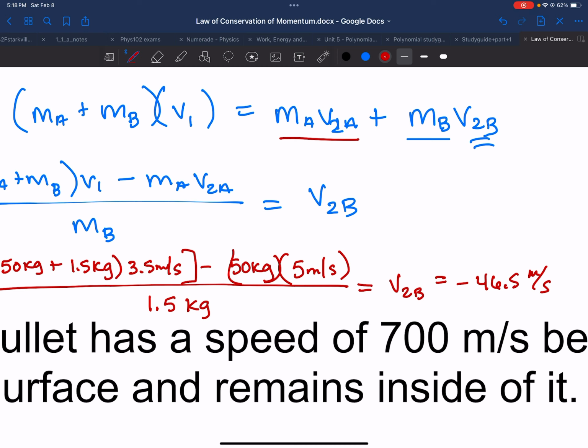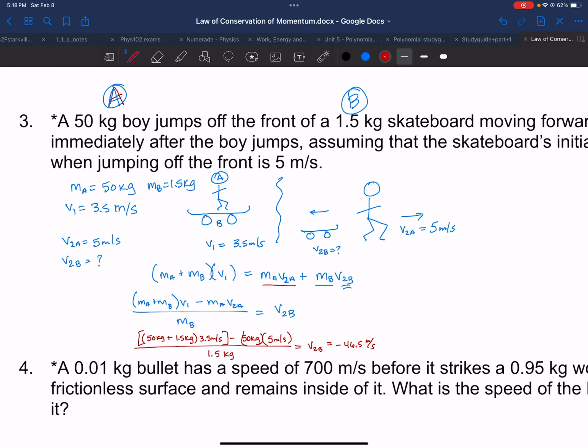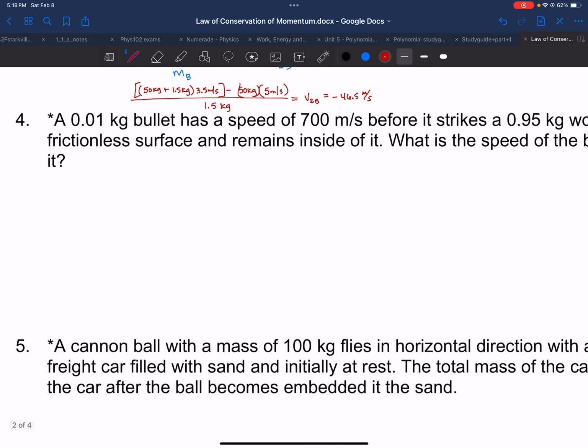That's enough to injure somebody. And it is negative, which means it's moving to the left. So the person is moving to the right. The skateboard is moving to the left. All right, so you have pretty much all the types of problems that you might see on this next assignment. We'll walk through a couple of these just to show you what we need to do in order to make